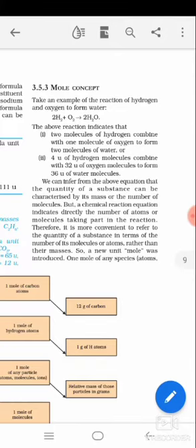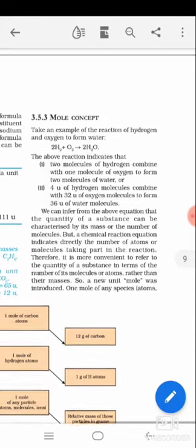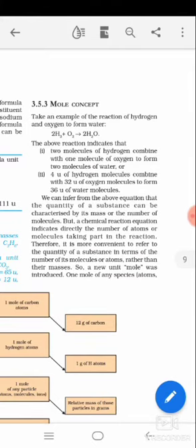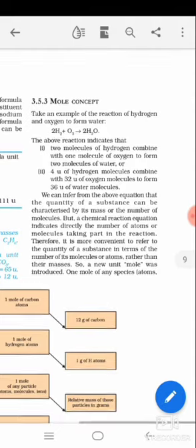So 4 unit of hydrogen combines with 32 unit of oxygen. That means one oxygen atom has atomic mass 16, another 16, adding both we get O2, that is, the mass of the oxygen molecule O2 is 32. So 4 unit of hydrogen combining with 32 unit of oxygen forms 36 unit of water. You already calculated the molecular mass of water, that mass into 2, you will get 36. If you don't know, then please go through our previous